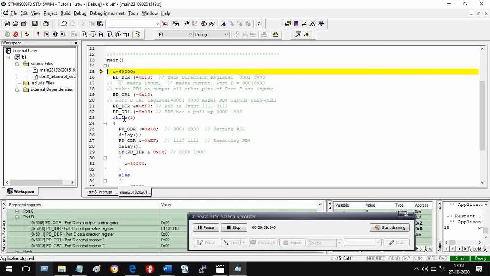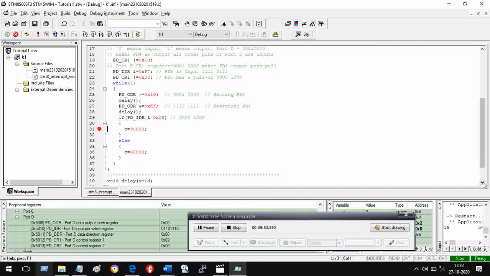It will do all these things, and we have seen what all this means. And I will make 2 breakpoints. One breakpoint is here, and another breakpoint is here. So what will happen? When I run it, it will keep moving until a breakpoint comes. So it will either stop at this breakpoint or it will stop at this breakpoint. It will not stop at both one by one, no. So in one run, it will either stop here or it will stop here.